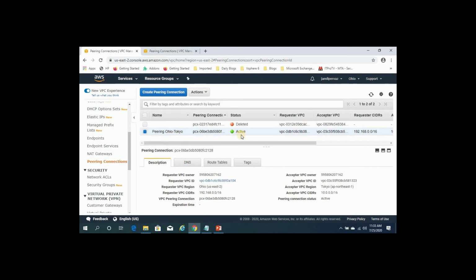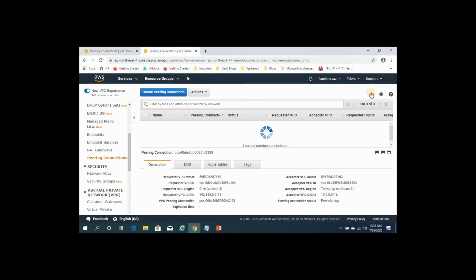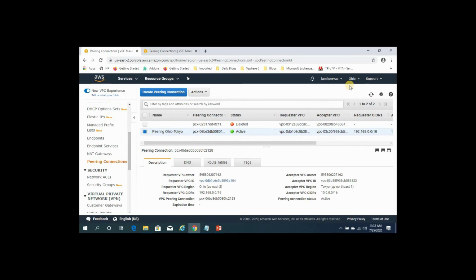So now you can see it's in active state. Go back and refresh this one. Look, it's activated in both regions, Tokyo and Ohio.